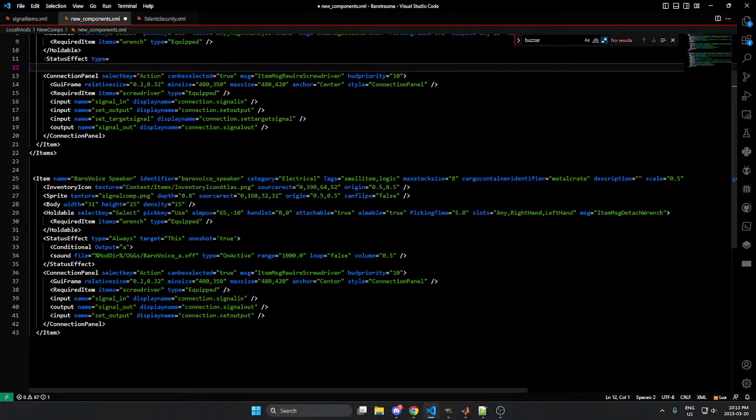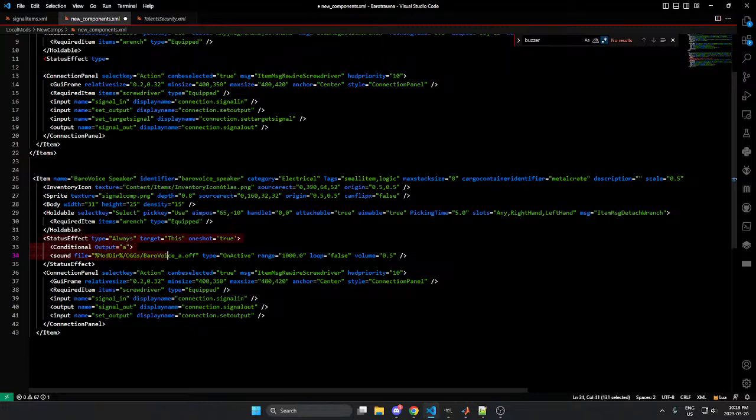Basically, components have their own status effects that are conditional on stuff, but I can't dynamically call the file that responds to sound. So basically I'm going to have a status effect for every possible sound that I want to have. So what we're going to do